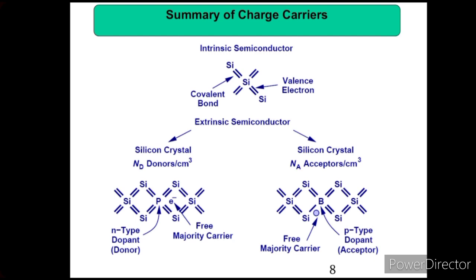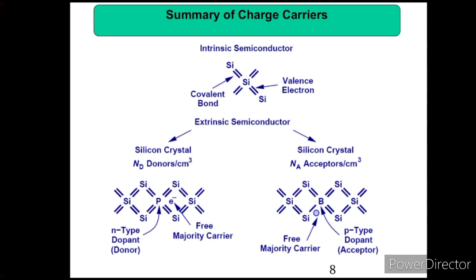At that time, phosphorus can be added to the silicon material, also known as an N-type dopant or donor, which gives 1 free electron, because phosphorus has 5 electrons in its outermost orbit and silicon has 4 valence electrons. The phosphorus valence electrons form covalent bonds with the neighboring silicon atoms, and the 1 remaining electron can move through the material, which is known as the drift current.